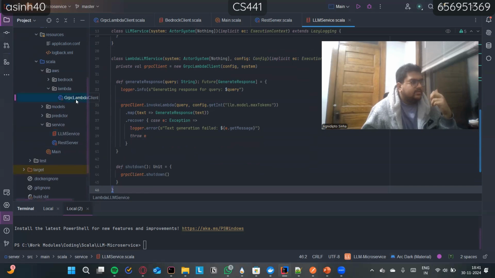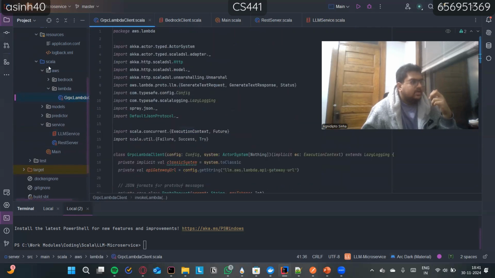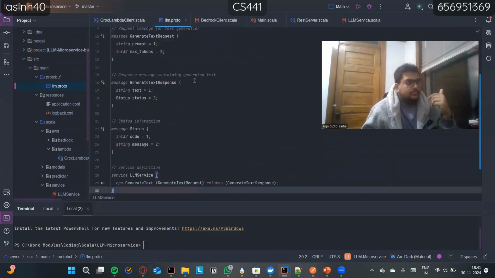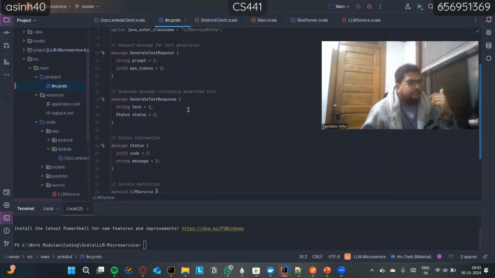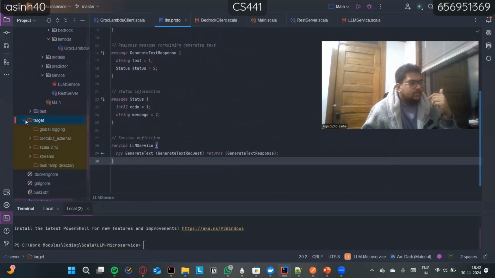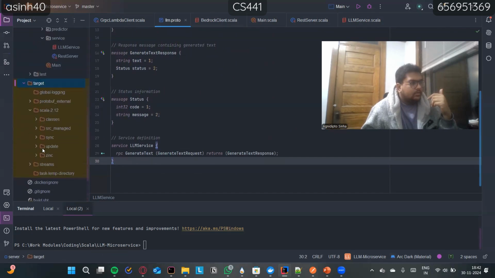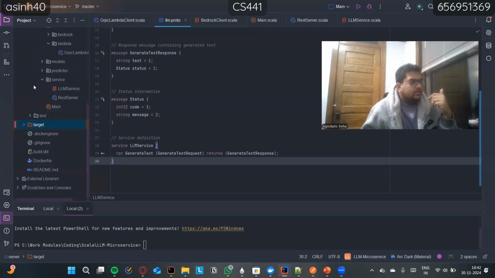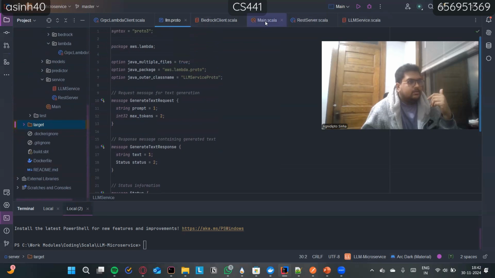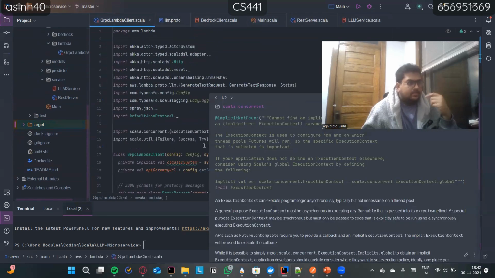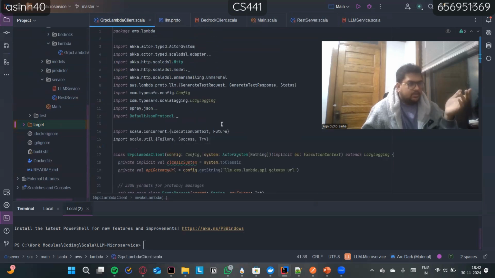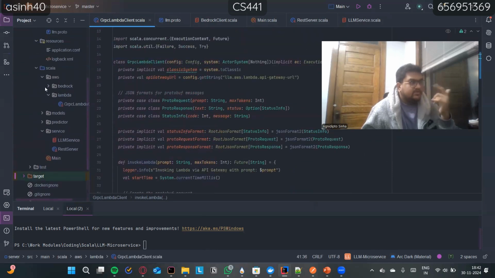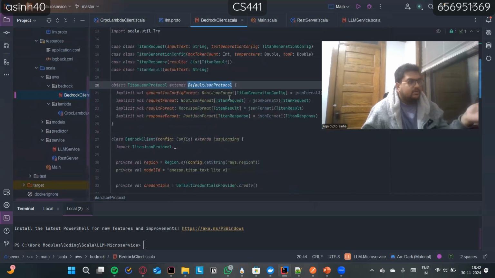hits the AWS Lambda model via gRPC. I've used the protobuf files for this. This is my LLM.proto. Yeah, these are my LLM.proto, and this server hits the Lambda code via the gRPCs. And if you can see, there is a Bedrock client